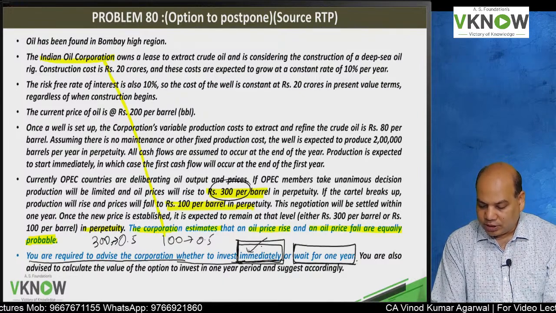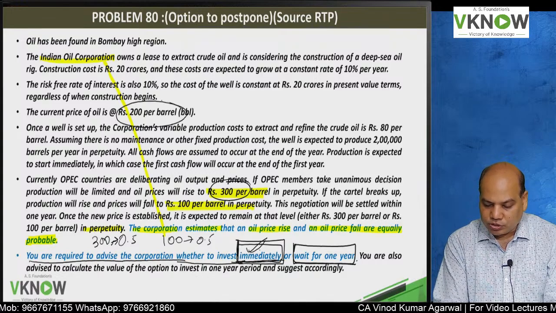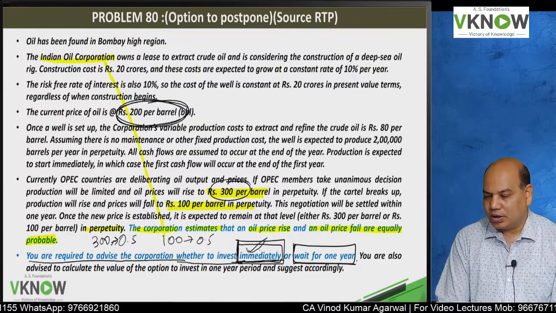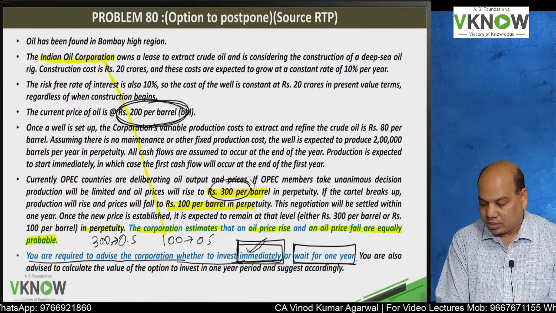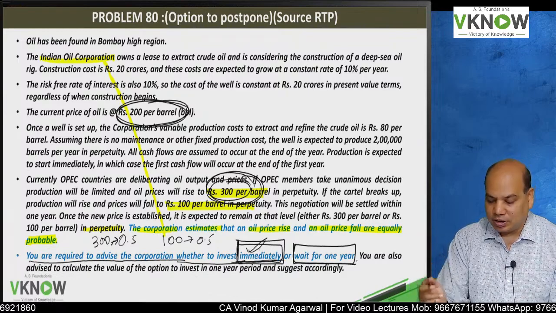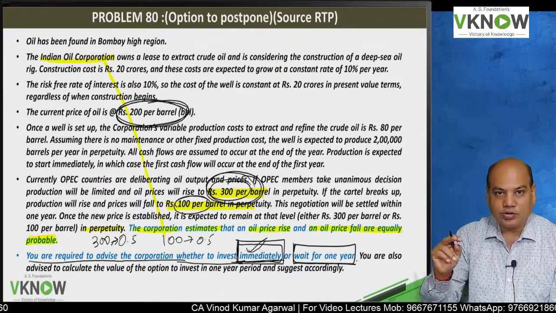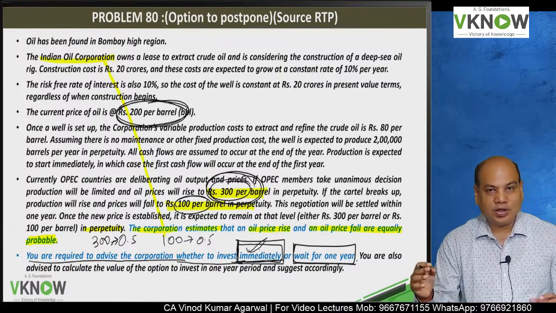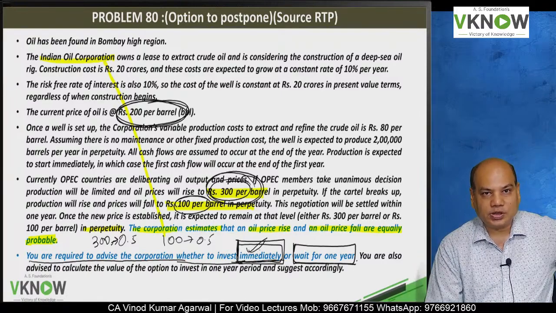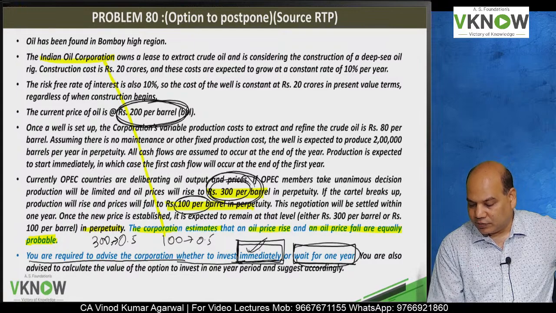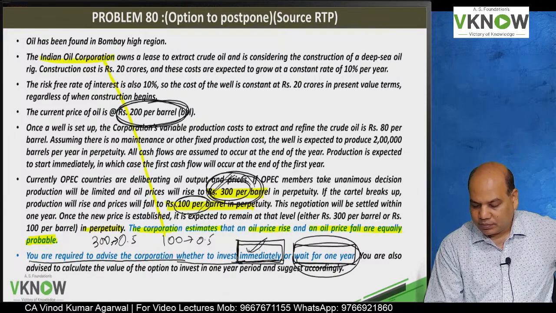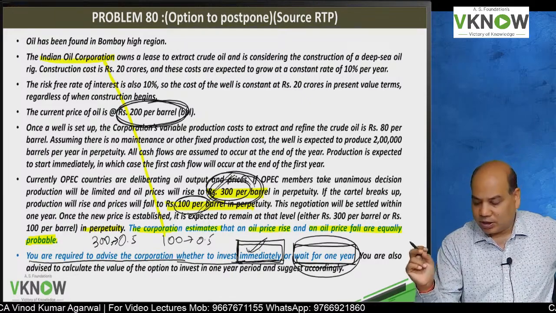If you invest immediately, your calculation will be based on current price of the oil, 200 rupees. But if you wait for 1 year, then you will first calculate assuming cartel succeeds and price is 300. Then you will calculate for 100 assuming cartel fails and the price is 100, and then you will compute the expected cash flow and take the present value. So in second case, for every possibility, you have to compute the NPV and take expected NPV.